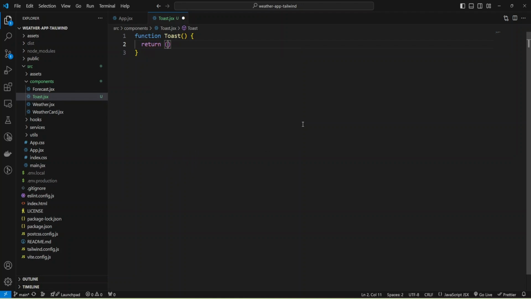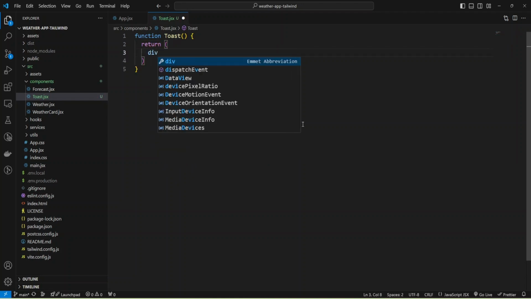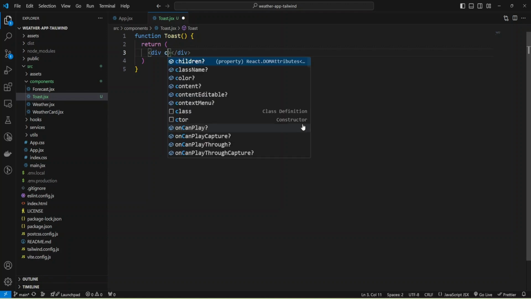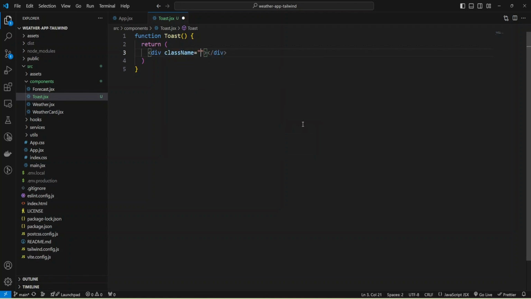Return and add div and add class name like padding 2 and margin 2. Make it rounded, and it will be our container for our component. And our component will be pretty simple.